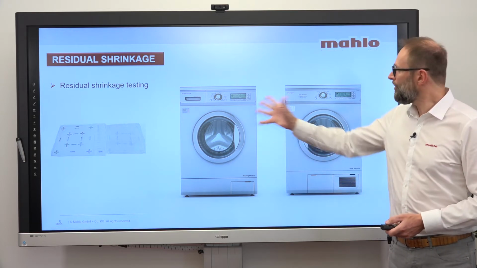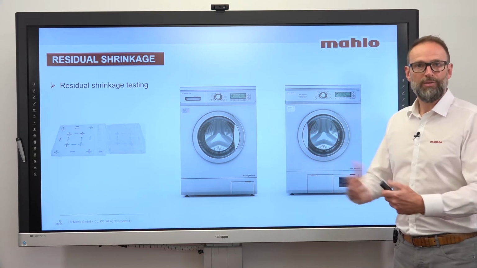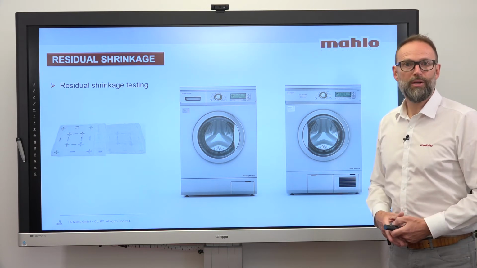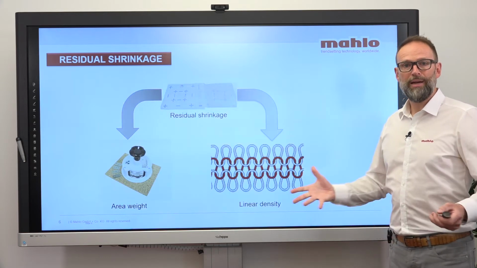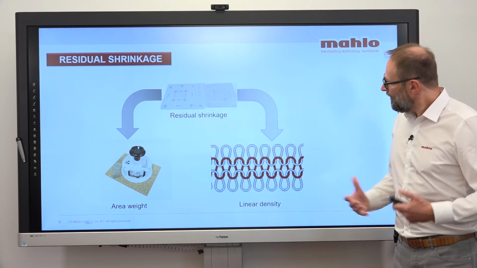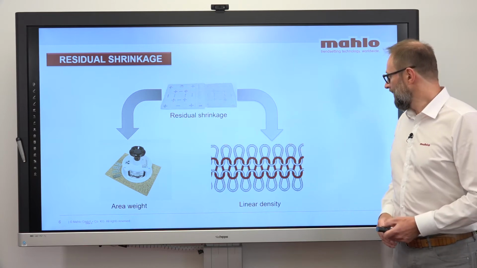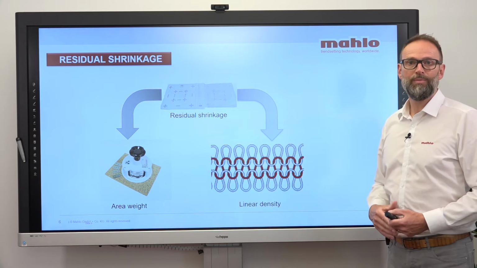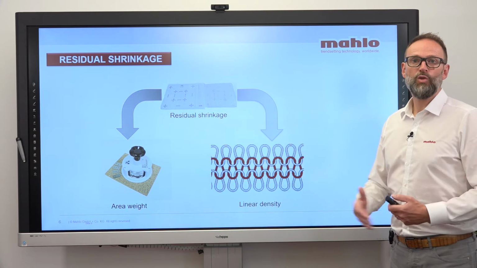So normally, to see whether or not this tension is being too much and the density has been affected too much, we do the tests with a washing machine and a tumbler to see whether or not this fabric is still meeting the requirements. But of course, during the production process, we cannot do that. So during the production, it is breaking down to two different measurement areas, and this is the area weight and the linear density. It also goes without saying that taking a sample, putting it to the lab, drying it, conditioning it is also taking too much time.